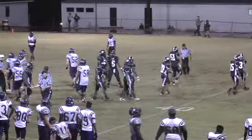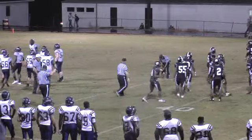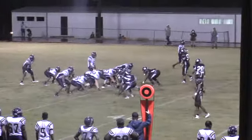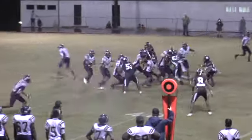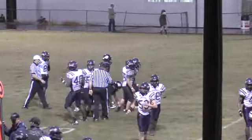Let's see what Junction City's going to do. 13 seconds left. Coach Carpenter talking it over. And that's going to be a pickup of about 15 yards there. Yep, and the clock runs, and I believe the Dragons may not get another play off. 5, 4, 3 under center. Here's a give to Dancy. Dancy's just going to plow straight ahead. That's it, folks. First half is over, and Junction City will go in with a 7-0 halftime lead